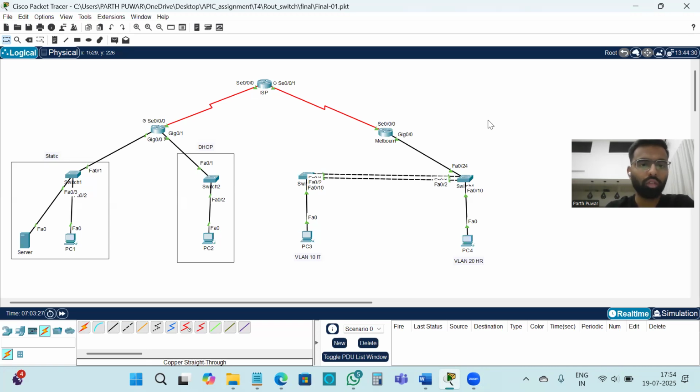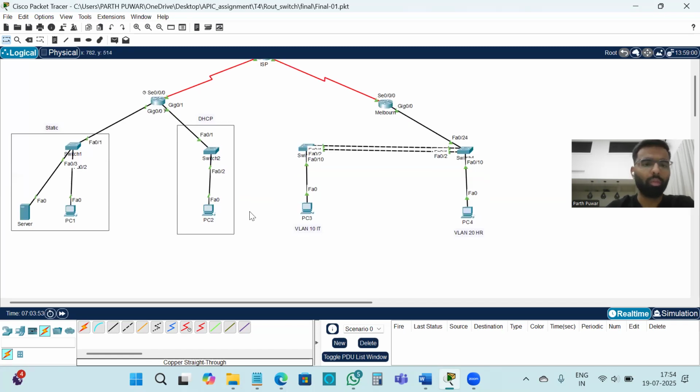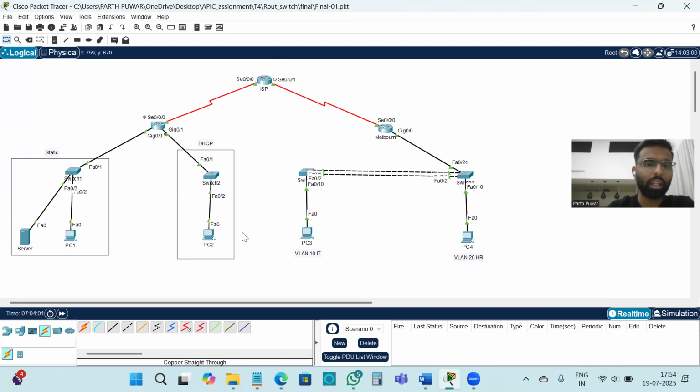If you talk about Sydney, the Sydney router has two networks. One is for server and security, and the second one is for employee. The server and security one uses static IP addressing, while the second one, which we use for employee, is using DHCP. As you can see here, I already mentioned static and DHCP separately here. So first of all, in this DHCP network, as the requirement of this assignment, I can show how